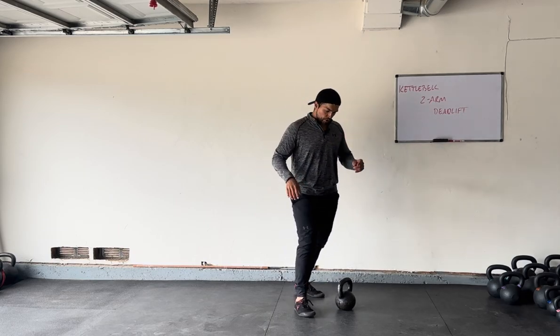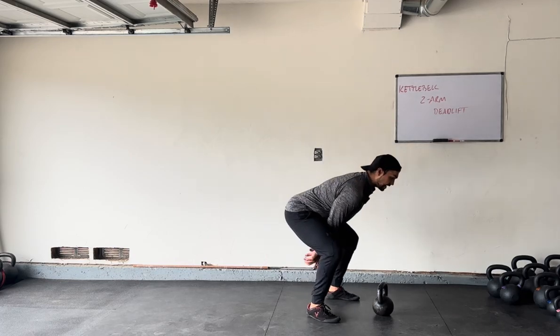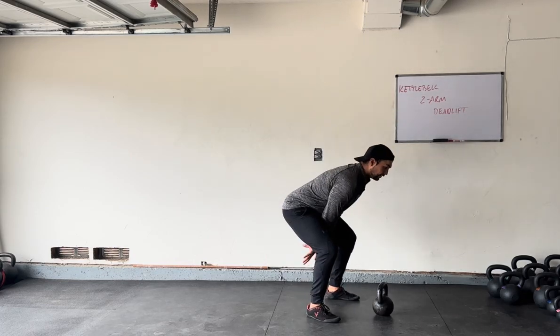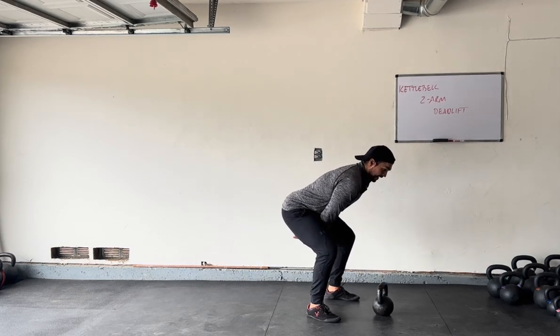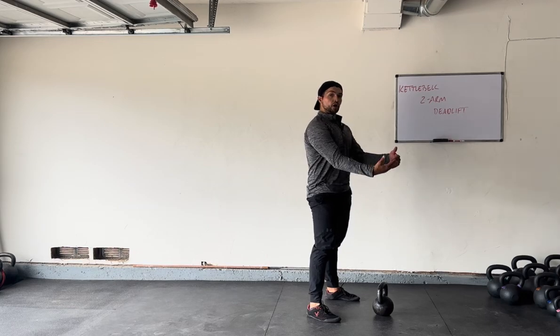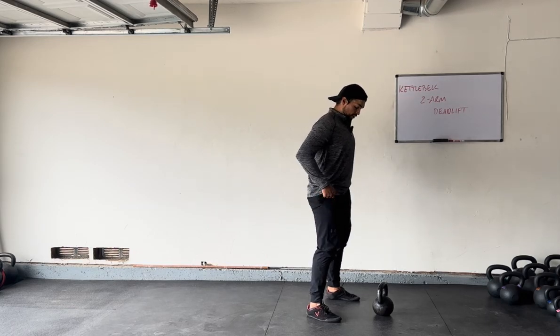And then you can add it to your swing. Let me show you the difference or the progression. So the only difference is, like I said, deadlift, bell down here versus bell here. And as I stand up tall, same thing. I'm still standing up tall like I'm doing a deadlift power move, but the bell is going to propel because it's back here. All right, so as you see here,